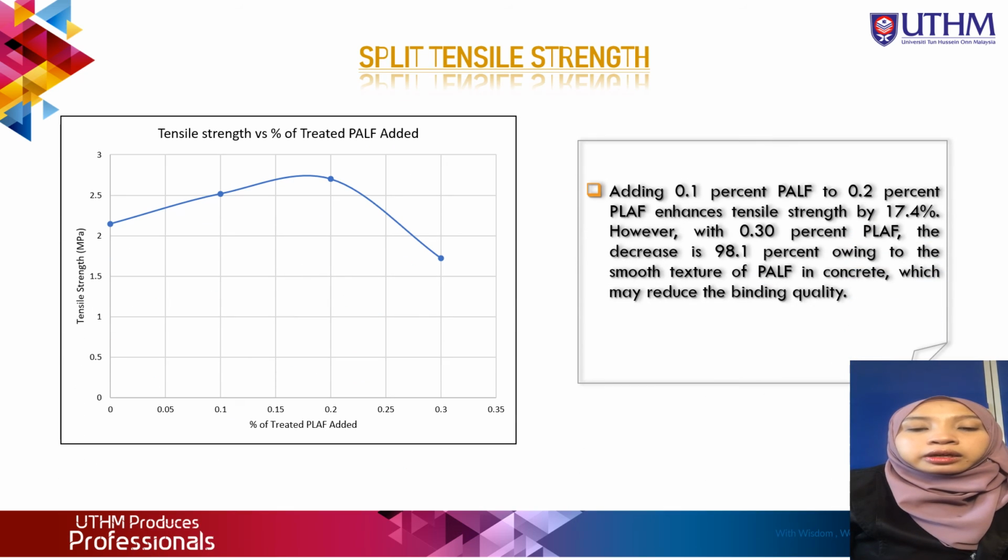The last result is from the split tensile strength test for the cylinder concrete. From the graph, you can see the tensile strength versus the percent of treated PLF added. From the graph, you can see that adding 0.1% PLF to 0.2% PLF increases tensile strength by 70%. However, at 0.3% PLF, it decreases by 81% owing to the smooth texture of PLF in the concrete,